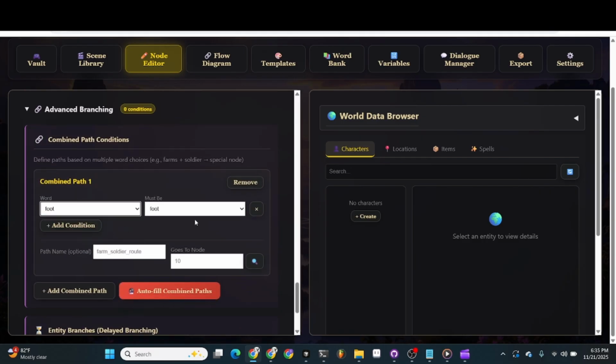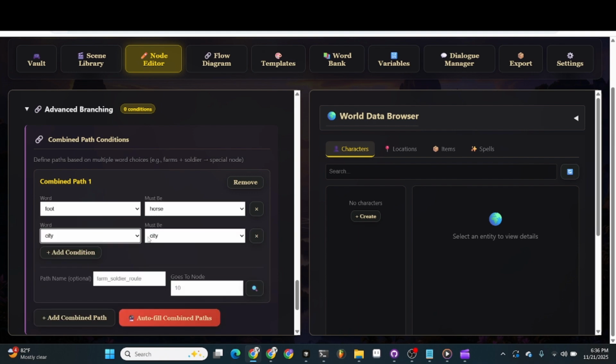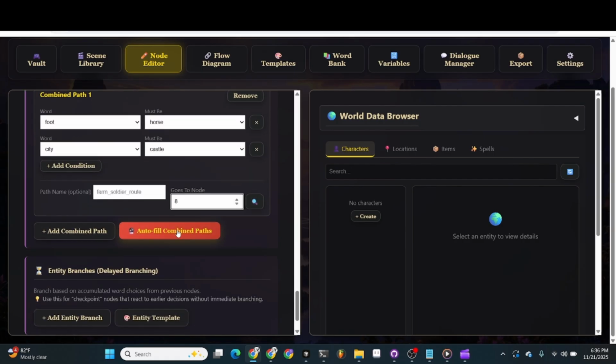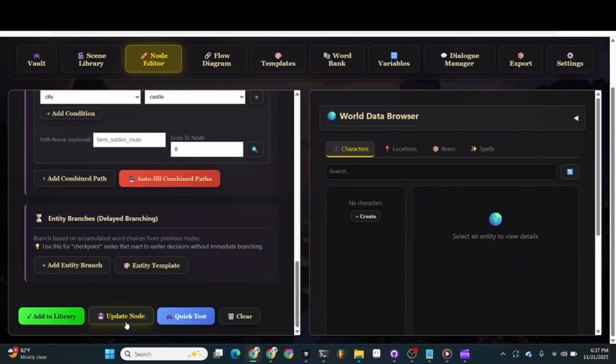I'm gonna choose foot, horse, I'm gonna put city, castle, and I'm gonna put a high number node so it doesn't affect the ones that I have. This is just for troubleshooting. I'm just gonna add a number that's not near to the other ones, and yeah. So I'm just gonna hit update node